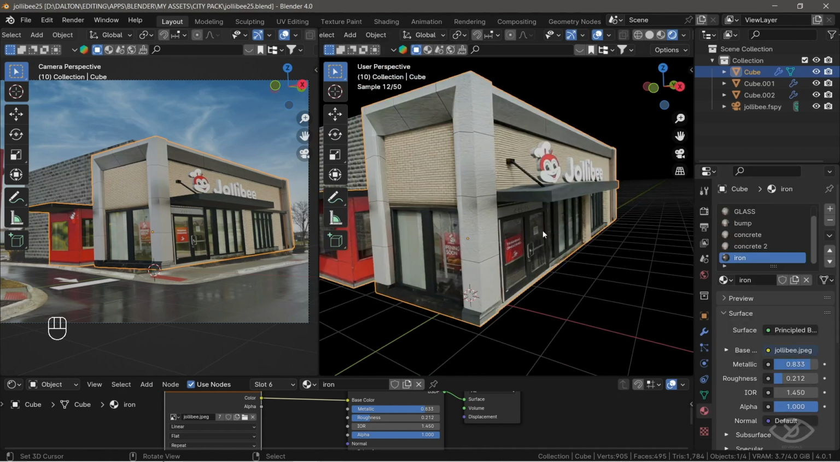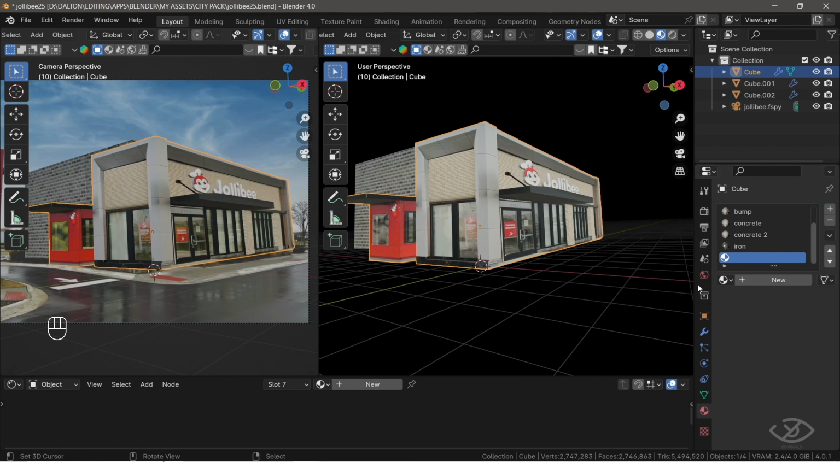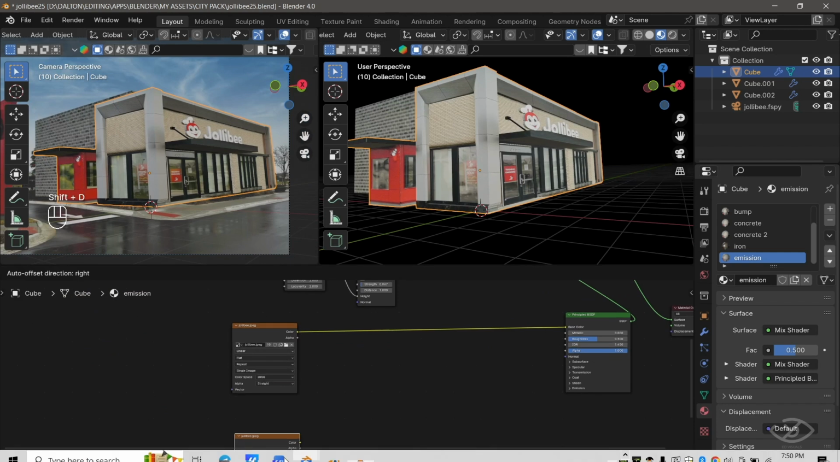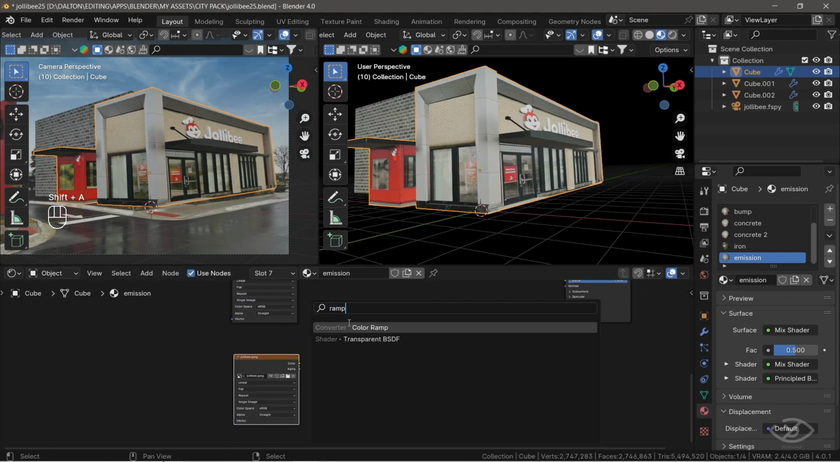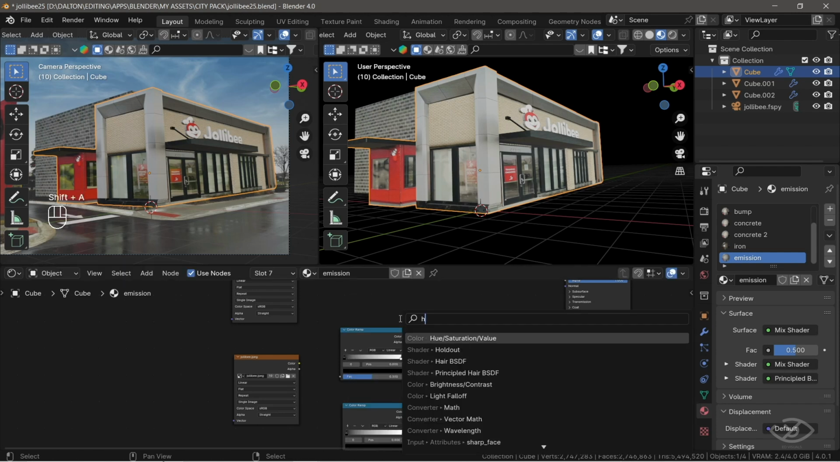Before we do that, let's enable the scene world. Now, in the Shader Editor, go to Material Properties. Duplicate the glass material, then hit this icon to create an independent copy of the glass material, rename it into emission. Let's duplicate this image texture here, add color ramp, duplicate color ramp, add math node here, then add hue saturation,